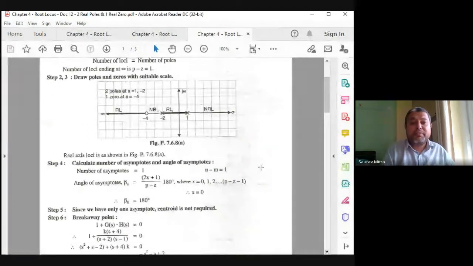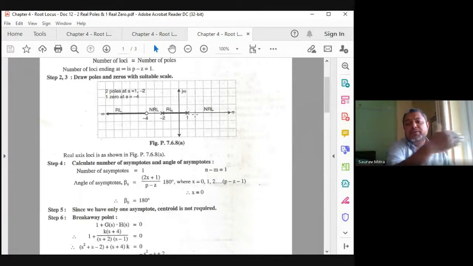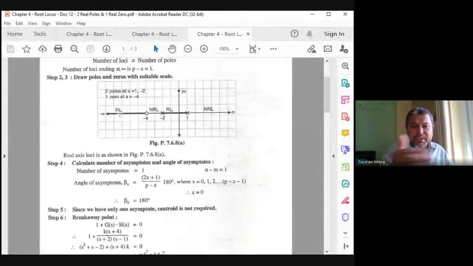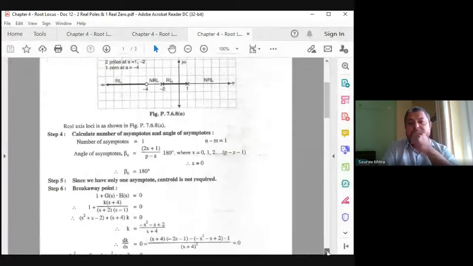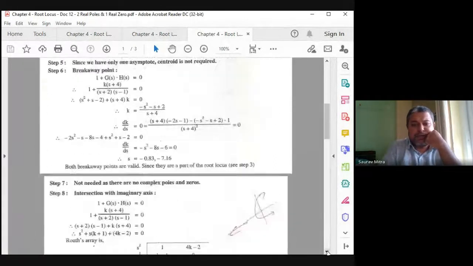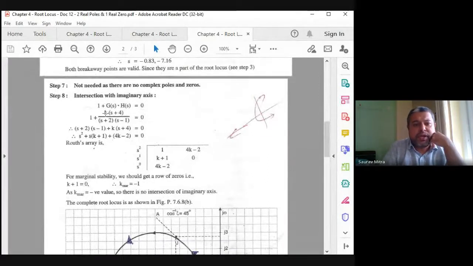And from the 1.5 point, 1.5 is somewhere here, plus 1.5. There you have to draw a line which is going to the 180 degree on the left hand side. So this is actually the direction of that theta c or beta. That is 180 degree. Okay, and that's why this root locus is actually following to the left hand side. So all those things are not very important. Only one thing is important. So root locus also, sorry, this omega marginal, k marginal also you can do.